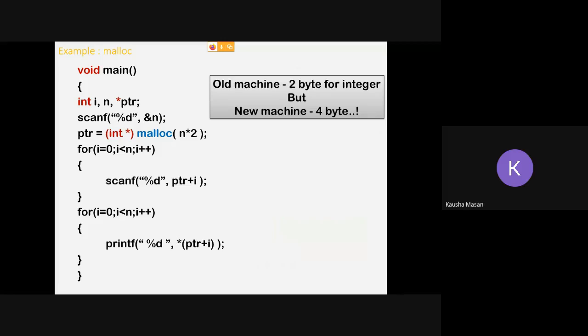If you are not able to recall, I'll help you. The sizeof function returns the size of the data type mentioned. So instead of your 2, you write sizeof, and inside it you mention your data type.